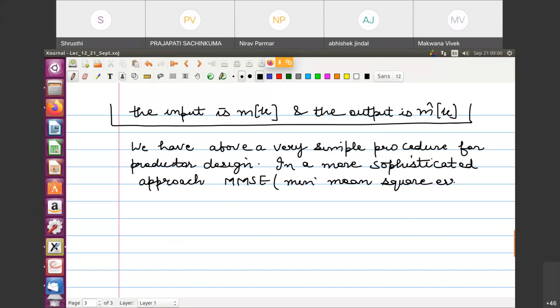Basically, you take the error, you square it, and find the mean, and then find the minimum over some parameter. That is the basic bifurcation of this word. Okay. For determining